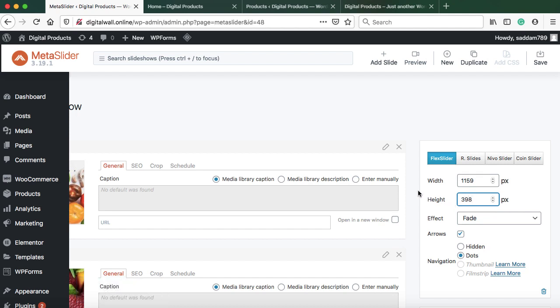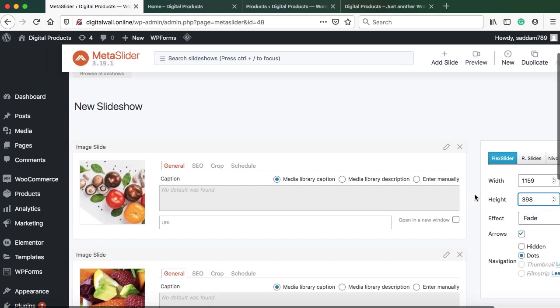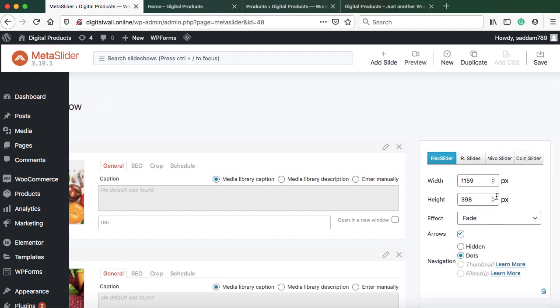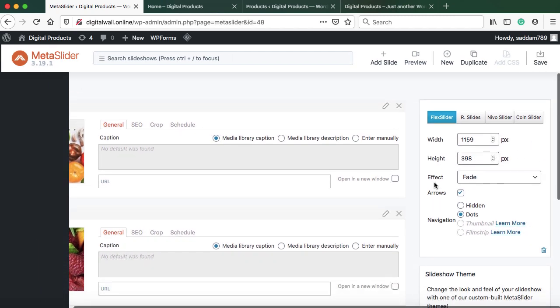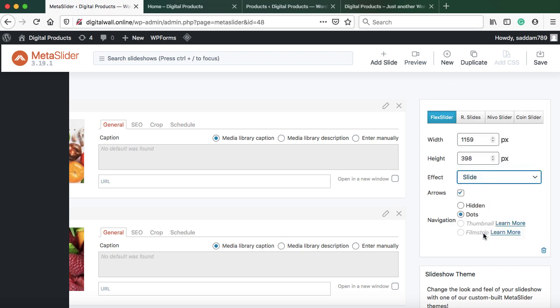I always recommend you use a big image for your banner. At least the width of the banner image should be 1920 pixels and height should be 400 to 500 pixels. That's up to you. So that it will be better visible on your home page. Now we have already specified the width and height of this banner slider. Here you can select the effect, like whenever the slide changes, what should be the effect, either fade or slide. There is also a premium version of this plugin, but we really do not need that premium version. So here I'm just going to use slide as the animation option.